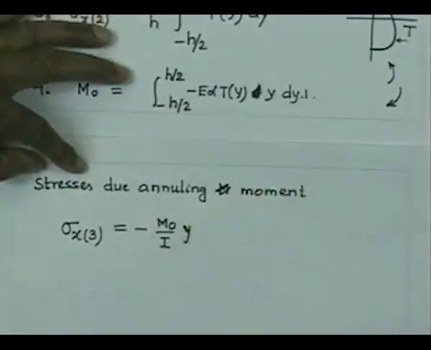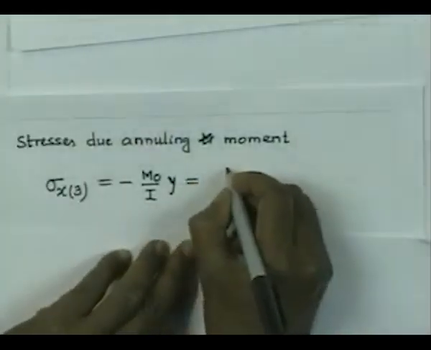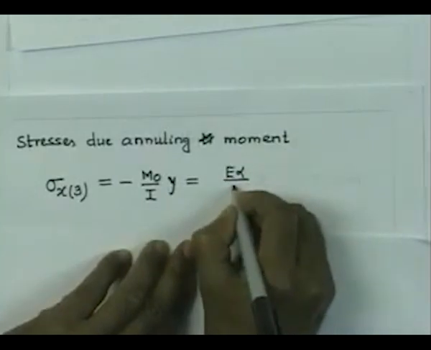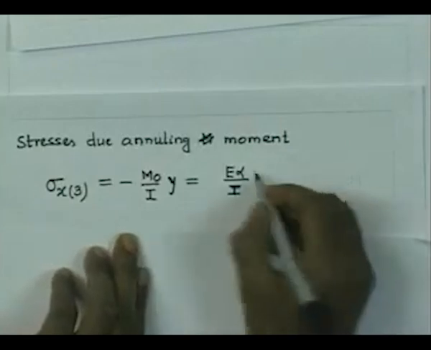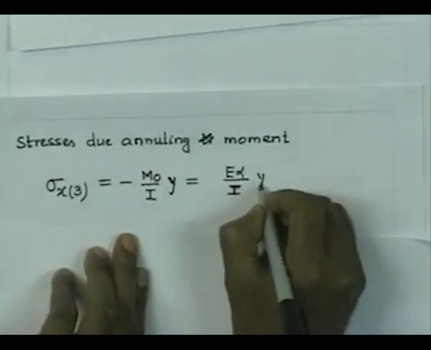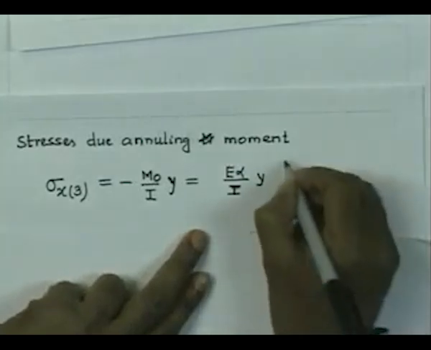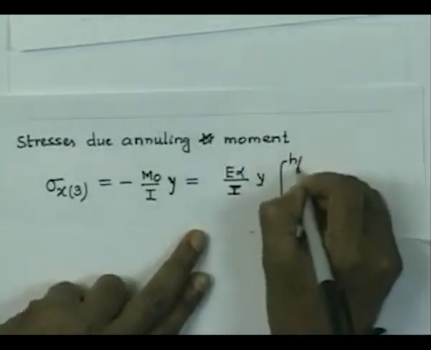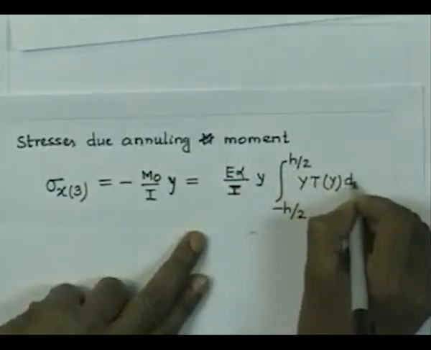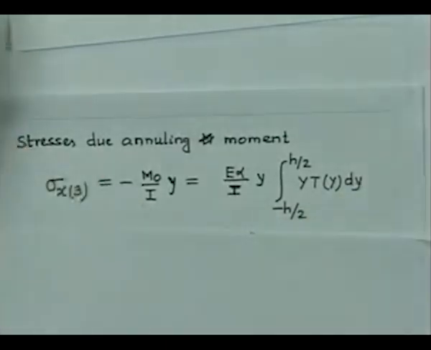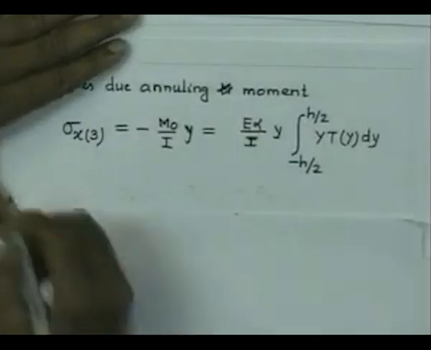And hence, we can write this thing as E alpha by I, and this y is out of the integral, and therefore, we will have m0 is y Ty dy. So, that is the third component of stress, and hence in the unsymmetric problem you are going to get